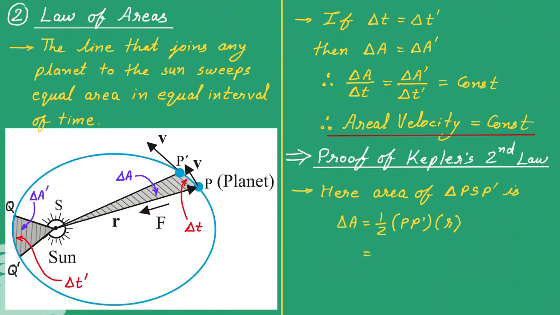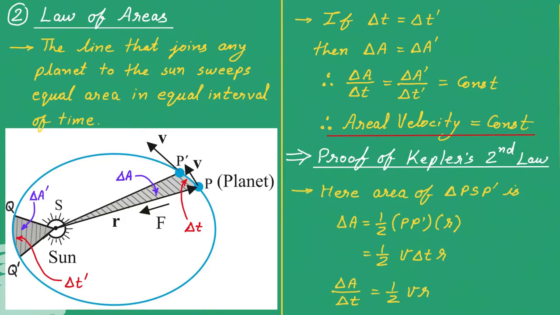Now this PP dash is the distance travelled by this planet with a velocity v in time delta t. So distance is equal to velocity into time. So in place of PP dash I can write velocity v into time delta t, and the remaining is R. So now I can write delta A upon delta t that will be equal to 1 by 2 v